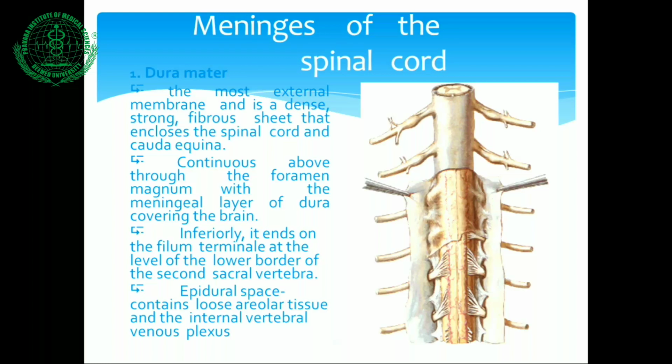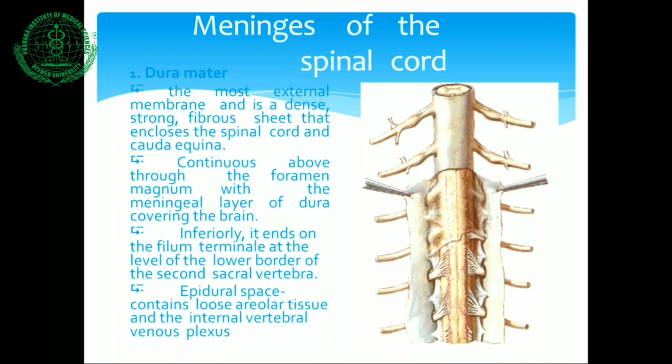The dura mater of spinal cord is continuous through the foramen magnum with the meningeal layer of dura mater covering the brain, and inferiorly the dura mater of spinal cord ends on the filum terminale